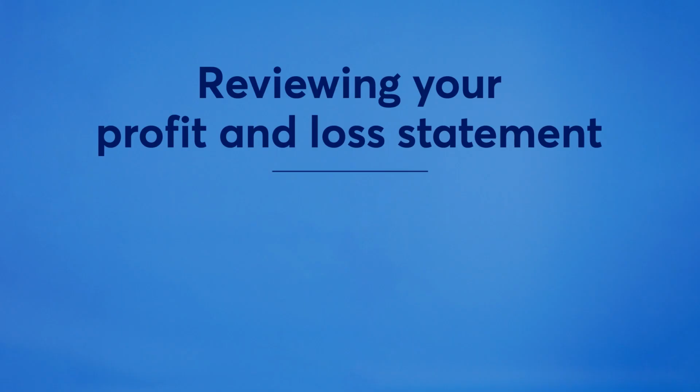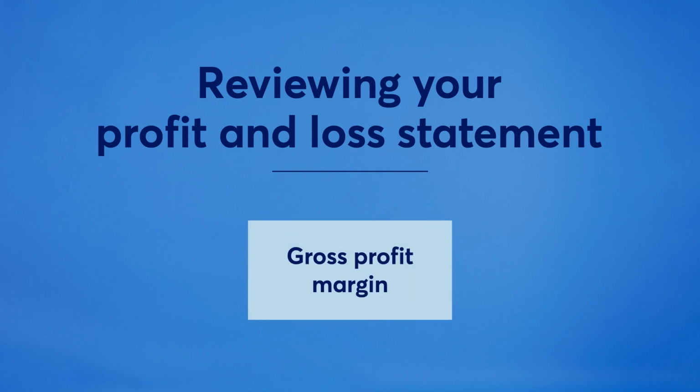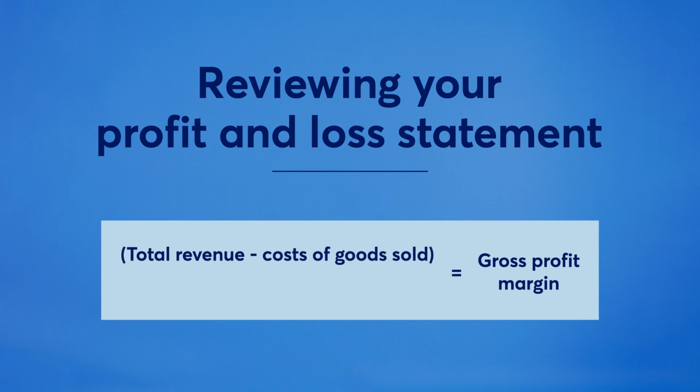Your profit and loss statement shows you how much your business is earning and spending, and ultimately what the net profit is. You can use financial ratios here to dive deeper into your profit and loss statement. An example of a popular ratio is the gross profit margin, which is cost of goods sold subtracted from total revenue, divided by total revenue. It shows the income your business has remaining after paying off the cost of goods sold. What qualifies as a good gross profit margin is subjective, but generally anything over 25% is good news.